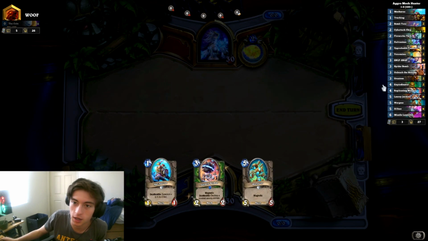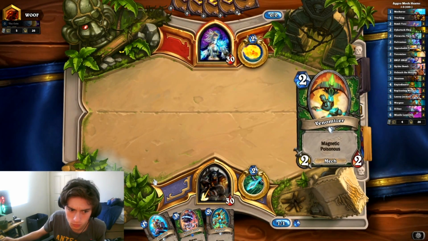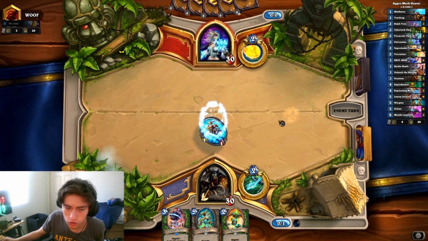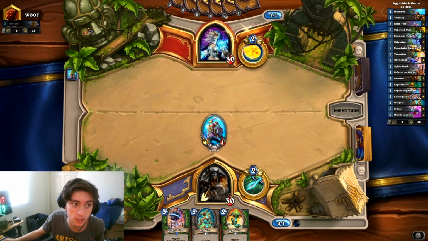Mecharoo is a fine card to have at the beginning of the game, especially if you can up the tempo with a Fireworks Tech. So boom. Drop the Mecharoo, see how much damage you can do early on. This deck is 3-0 right now. It actually does pretty well in this meta, because I think it's fast enough to abuse